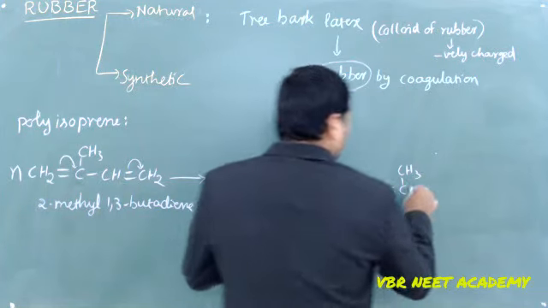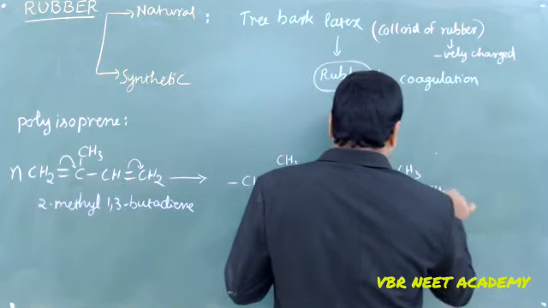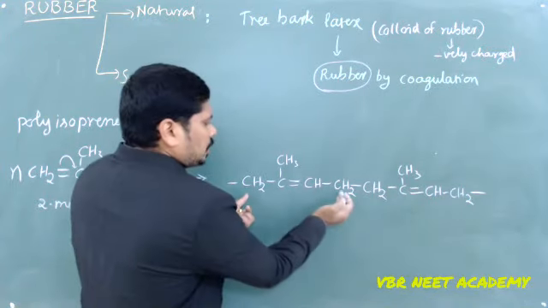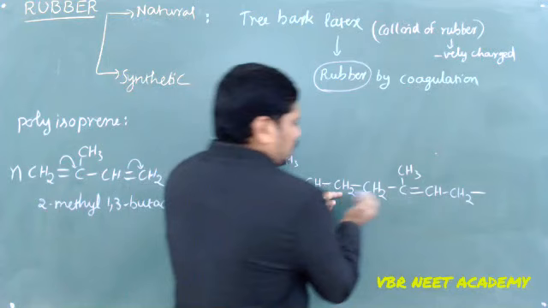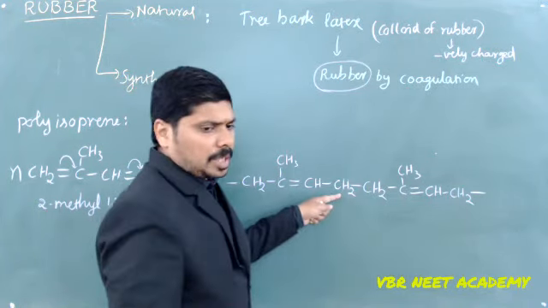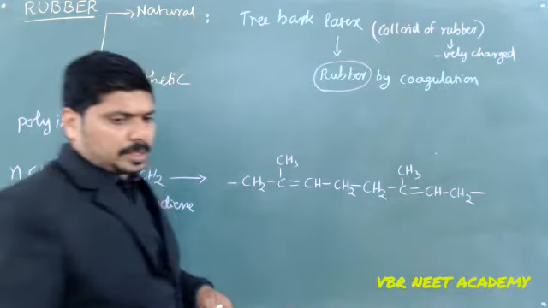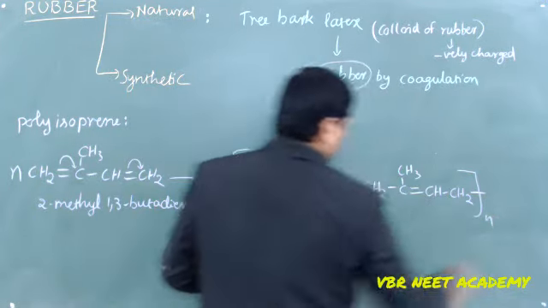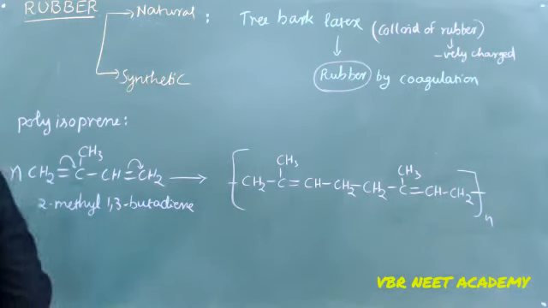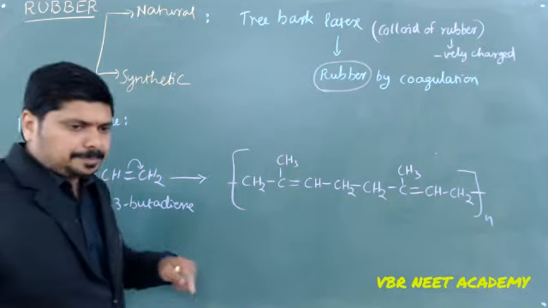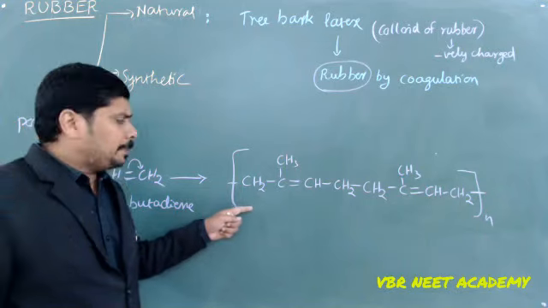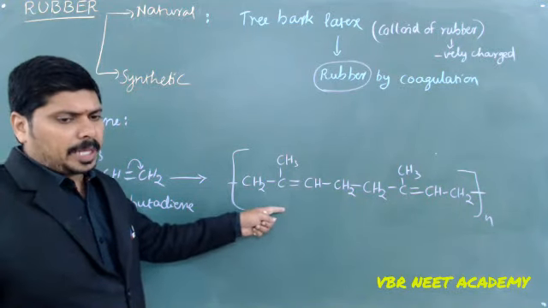CH3 double bond CH2. So this is one isoprene, this is one isoprene. Now this addition polymer, it's nothing but an addition polymer. Now when we have the polyprene, we are going to call it polyprene or polyisoprene or